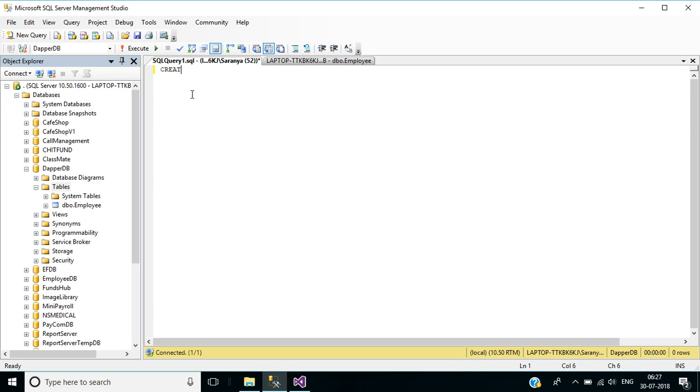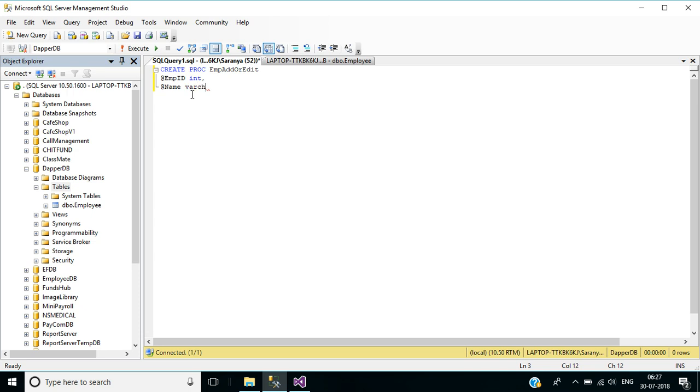So create procedure. The procedure name will be EmpAddOrEdit. Our parameters will be @EmpID, it's of the type integer, @Name,